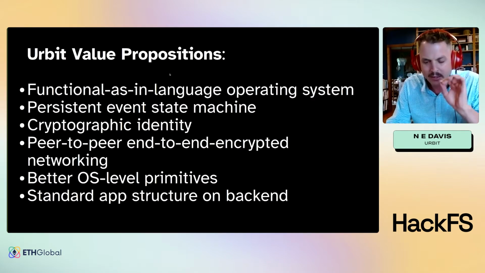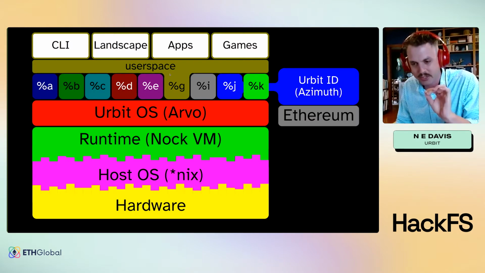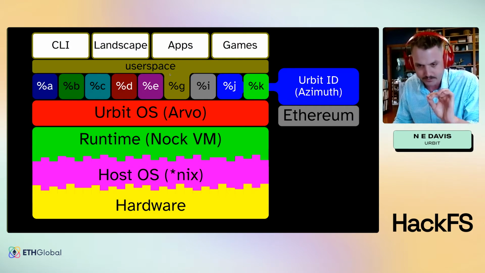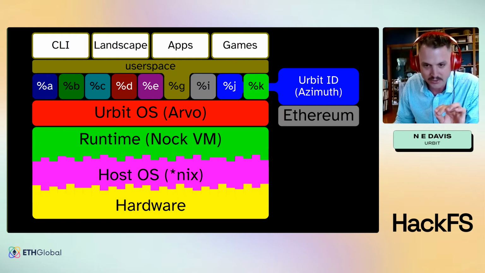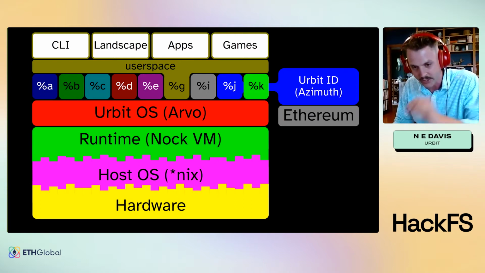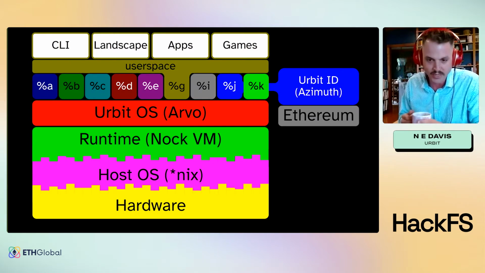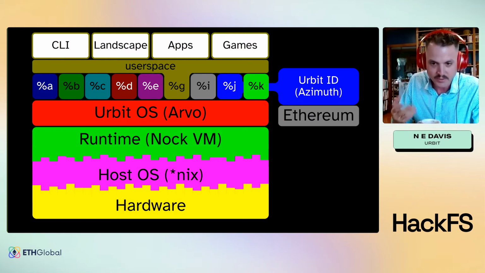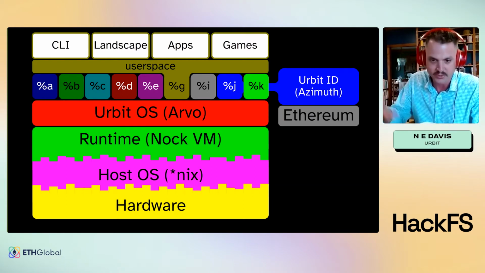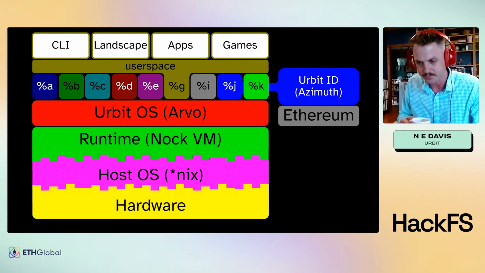Now, I'm going to turn the system on its side and talk for a moment about what Urbit looks like for the developer. This is a little bit complicated. You can imagine that if you were drawing a diagram like this for developers to take a look at for Unix or a lot of other systems, it would be an equally complicated system. But I want to start us in the middle there with that red block, which is the Urbit OS. That was the first part I was talking about. This is the state machine. This is the event handler, the processor that takes care of everything that you do on Urbit.